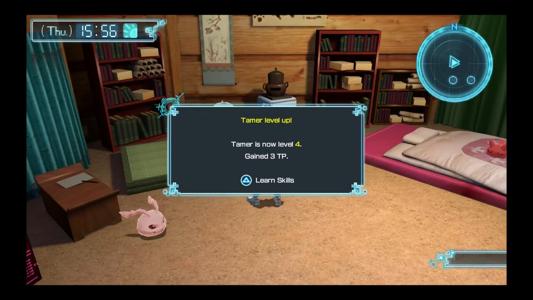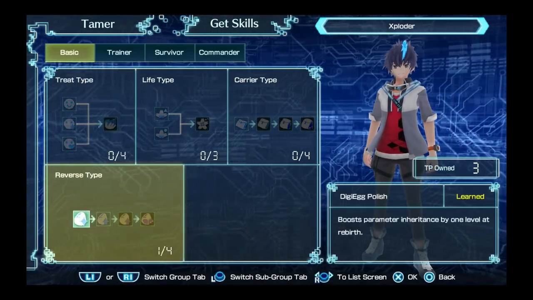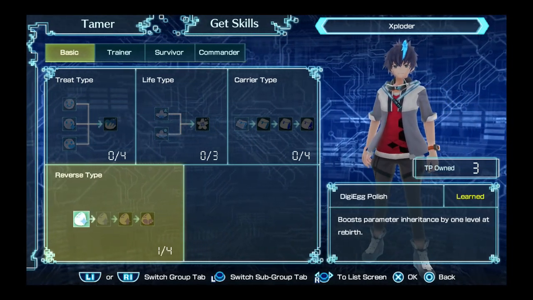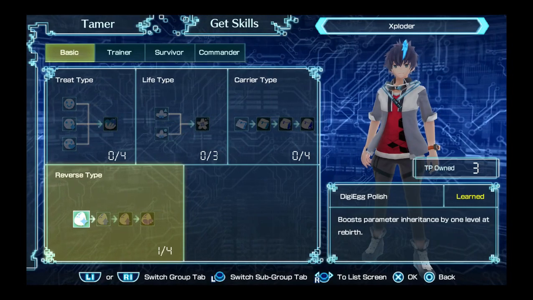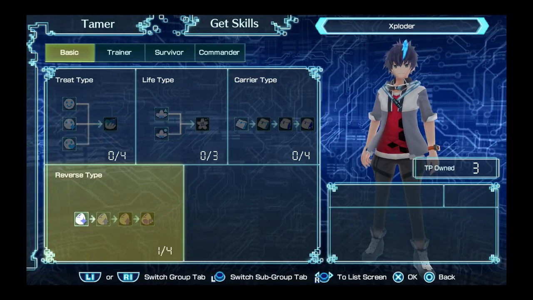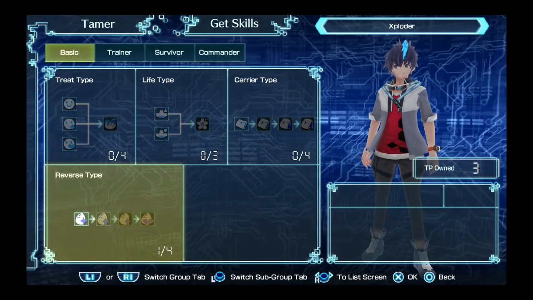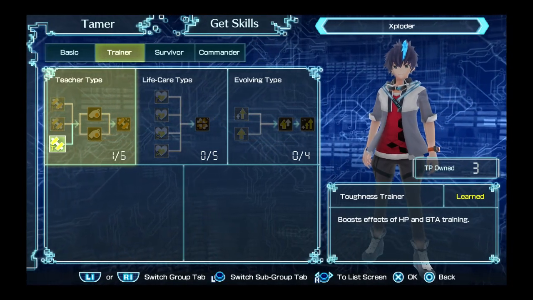Okay, we came back to the town, I talked to Digimon, and our tamer level has gone up to level 4. So this is a perfect time to show you what skills I've already invested in over the past few episodes. One of the first ones I got was Digi-Egg Polish, which boosts the parameters of inheritance by 1 level at rebirth. That basically means when your Digimon die and come back as Digi-Eggs, their parameters are slightly higher than they would be without it, which makes it easier to build up the stats necessary to get specific Digis that you want at earlier levels, even later levels, which makes it really good. On top of that, I also got one of the training sessions, Toughness Trainer